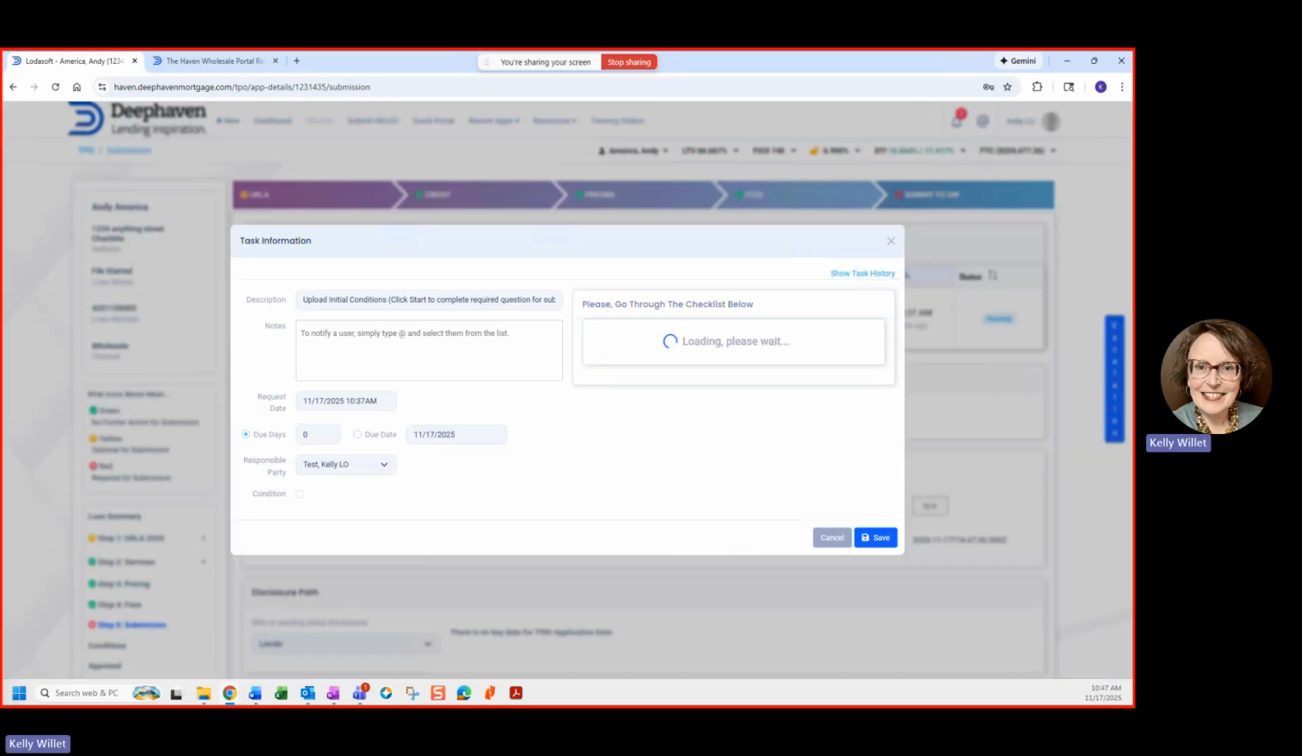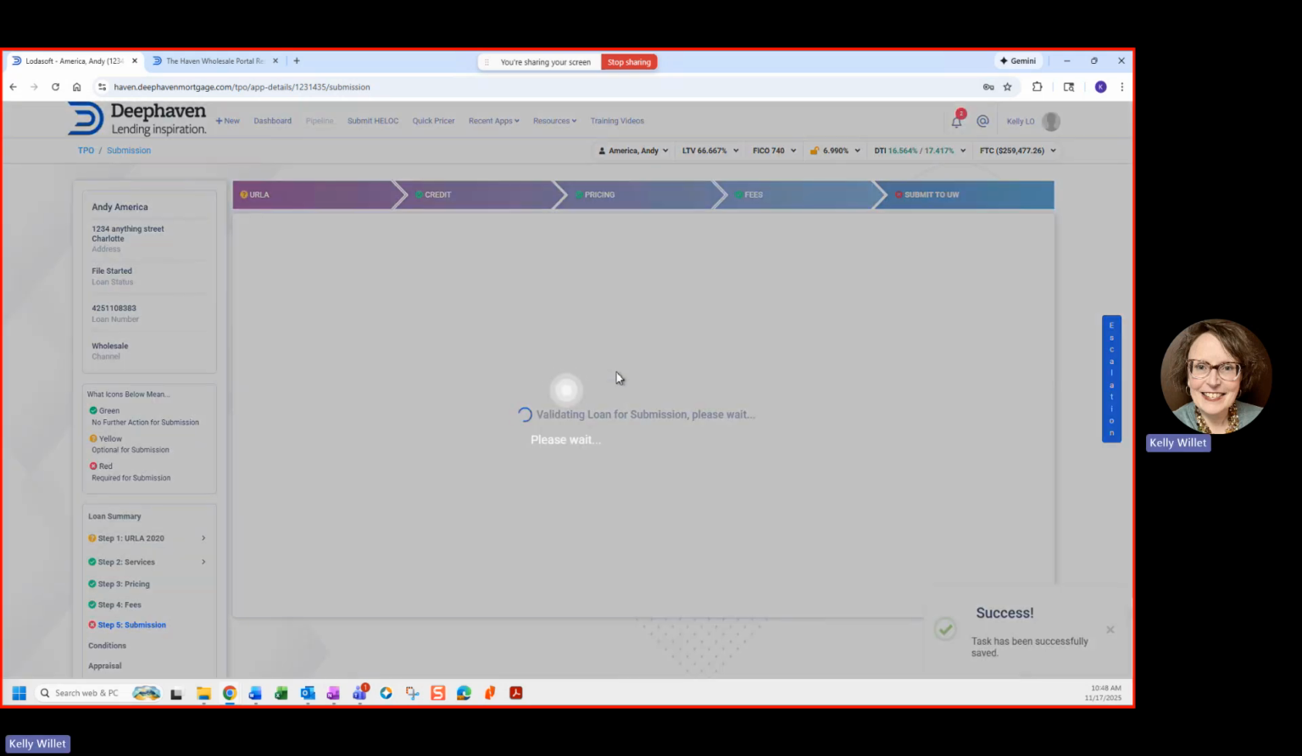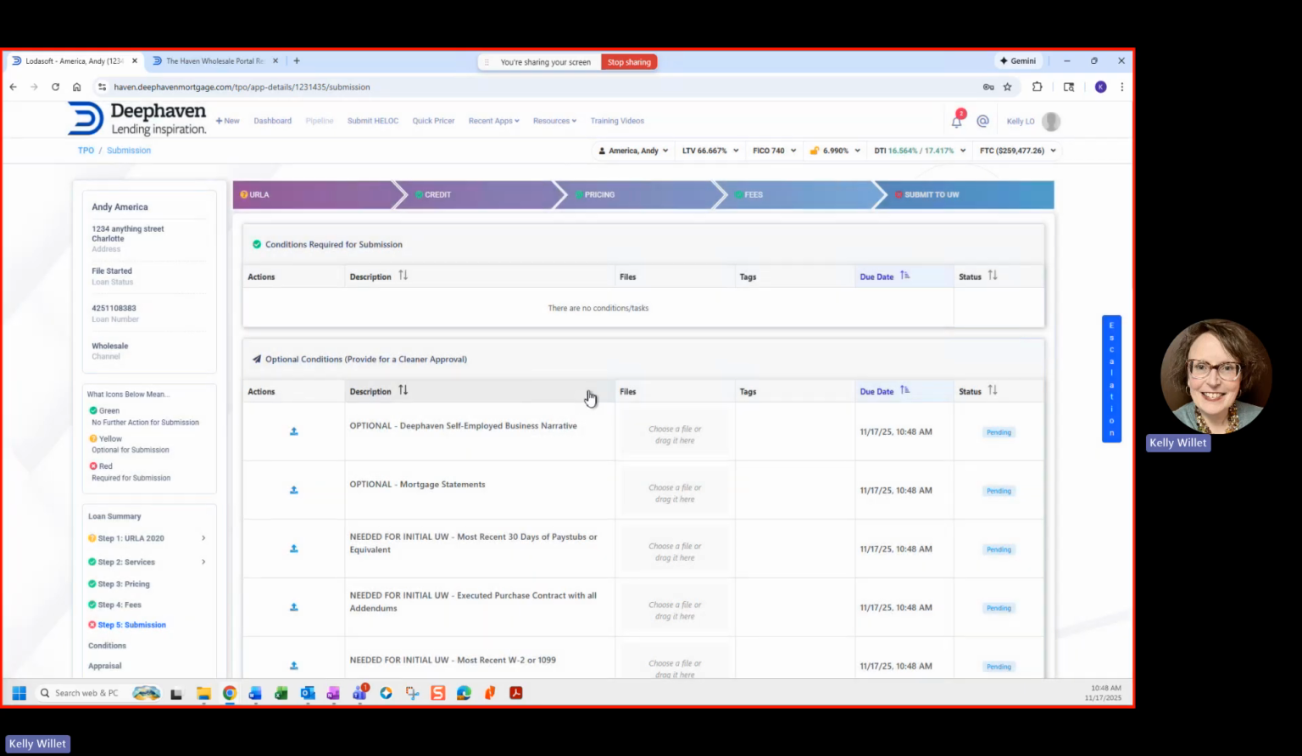From there, you'll be given the option to either drag and drop a file in for review, or you can link that file, and then click on Save. Because I submitted yes, it is going to pre-fill some other conditions that we would need to be able to move this loan forward in the process. And those are going to be optional as well as needed for initial underwriting conditions. As we move forward